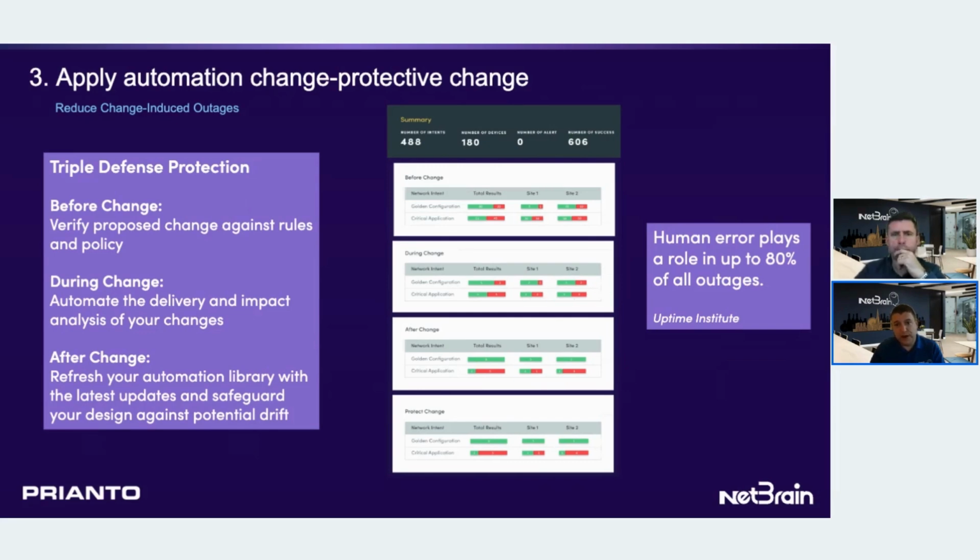So Netbrain also has the ability to apply change in a controlled manner, and again, using the digital twin to underpin the understanding of what the change needs to be, how it should be delivered, and what's the impact of the change afterwards. And we have what's called triple defense and protection. So we're doing verification checks and design checks before the change. We're looking during the change to see, are we delivering what's intended,